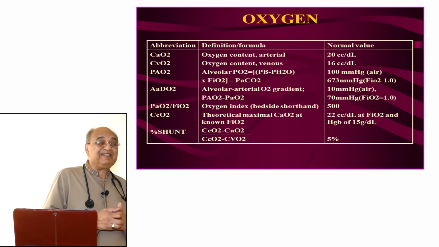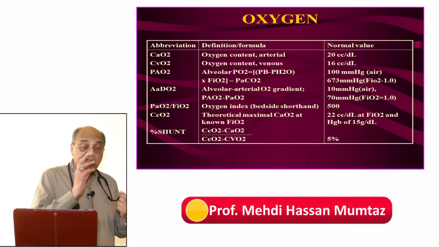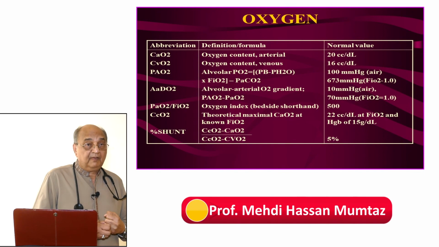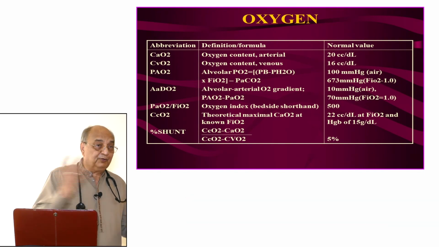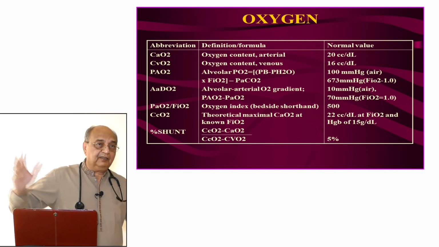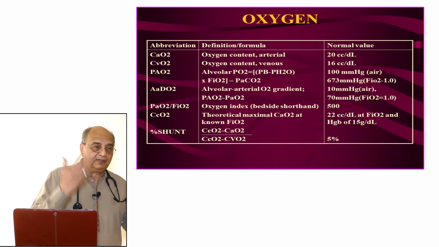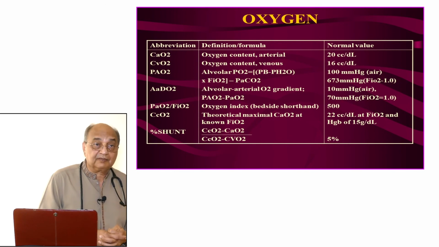Then you look at the PCO2, the partial pressure of oxygen and partial pressure of carbon dioxide in the blood. Then end-tidal CO2 also. Then you look at their difference also: why the difference is increasing or decreasing. Then you try to analyze it and try to find the cause. That's how we look at it when the patient is admitted to ICU with some respiratory problem.